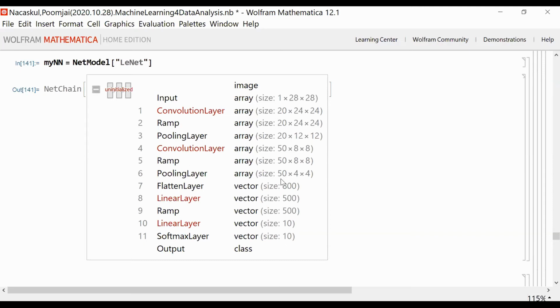Okay? So if this were a building, you would say this building has 11 stories. The first story consists of 28 by 28 rooms. That's input. The second story has 20 by 24 by 24 rooms of the type convolution. The third story is 20 by 24 by 24 rooms of the type ramp. Okay? The fourth is a story of pooling layer and